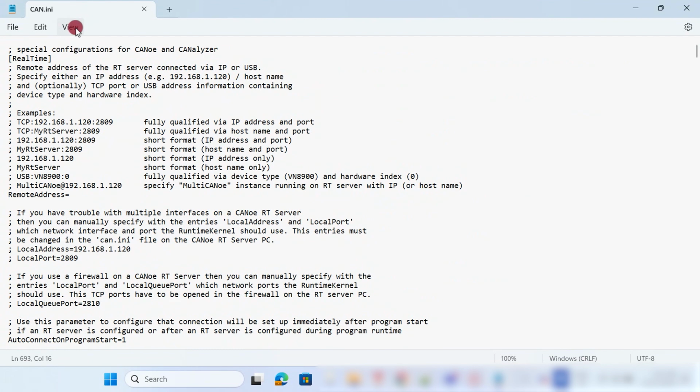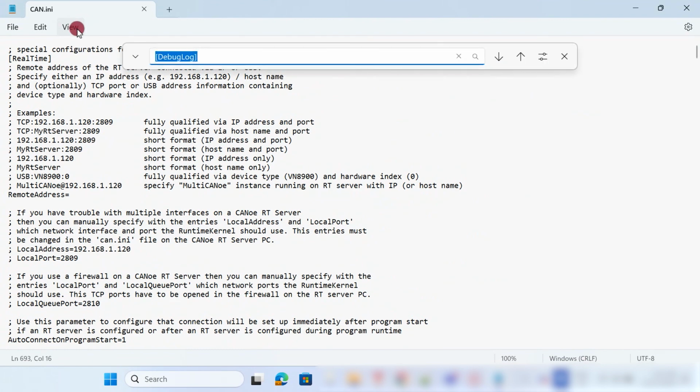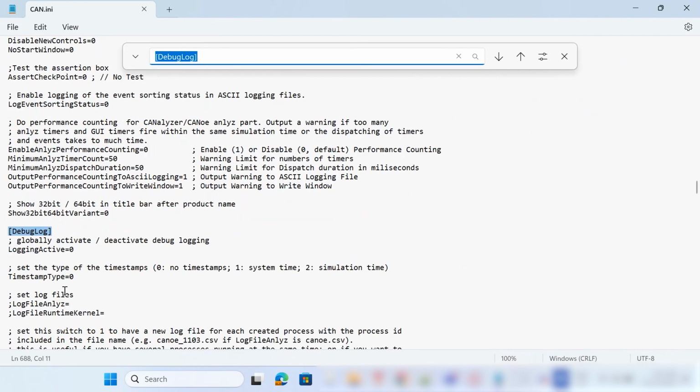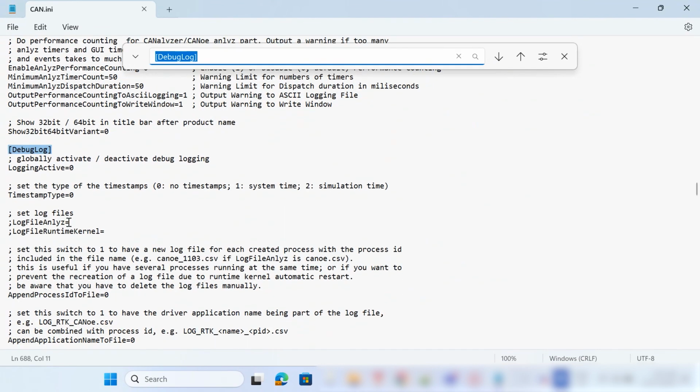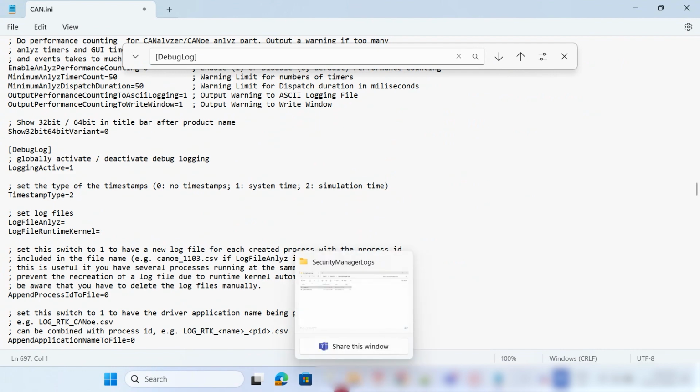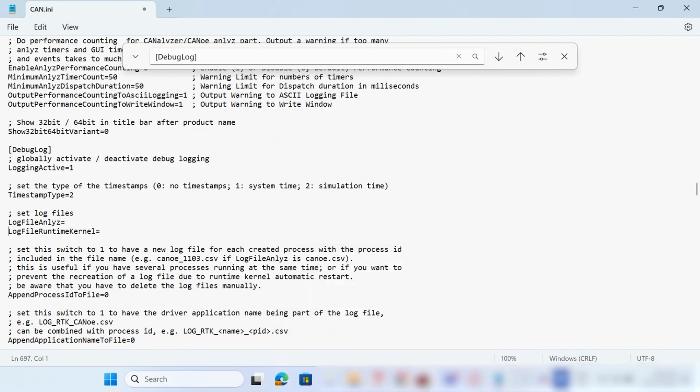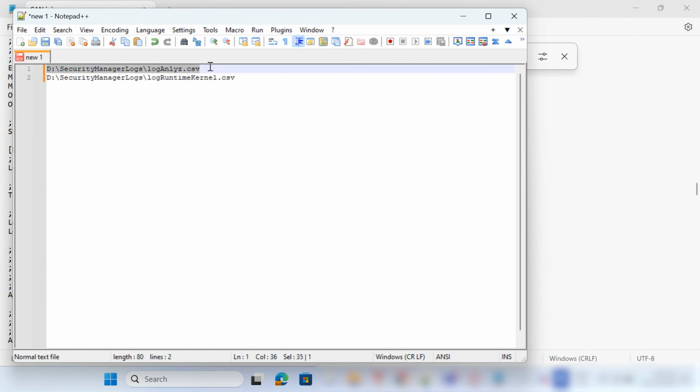Once we have opened the can.ini file, we will search for the debug logs section, and we can see there are some keys available for which we need to make entries. First we will make the logging active as 1 and timestamp type as 2. Then we will set the log file path here. We will first remove the semicolons, and I have created a folder in my D drive as security manager logs. So I'm using that path to save my log file, which I'm naming loganalyze.csv